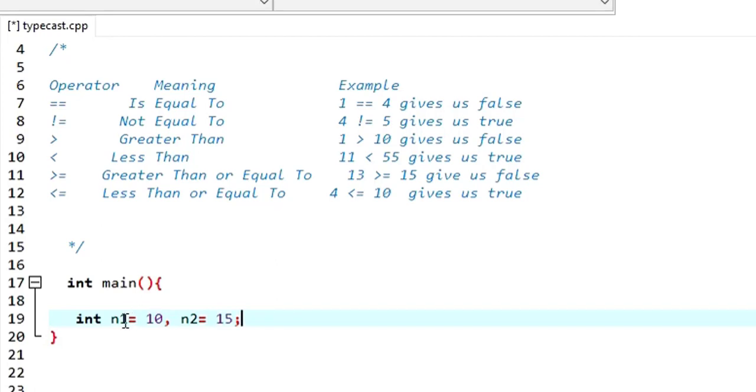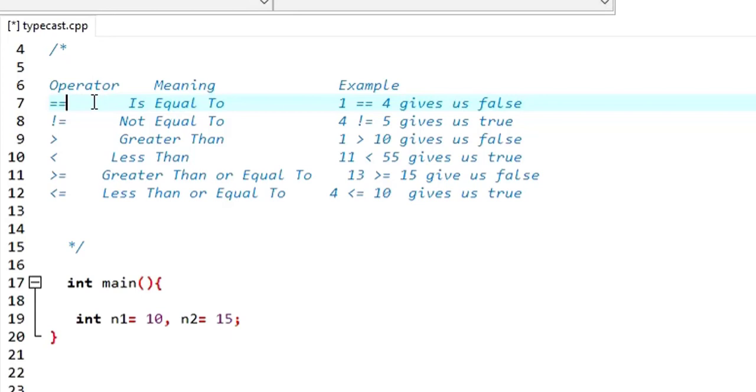Okay, so now I have two variables. Now I'm going to check the relationship between these two variables. First I'm going to check whether these two are equal. That is what it means. So here there is a difference. In the assignment operator we have seen only one equal. When you see one equal, that's an assignment operator where we are going to assign the value to the variable. When you have two equals, it is not necessarily that we are going to assign the value.